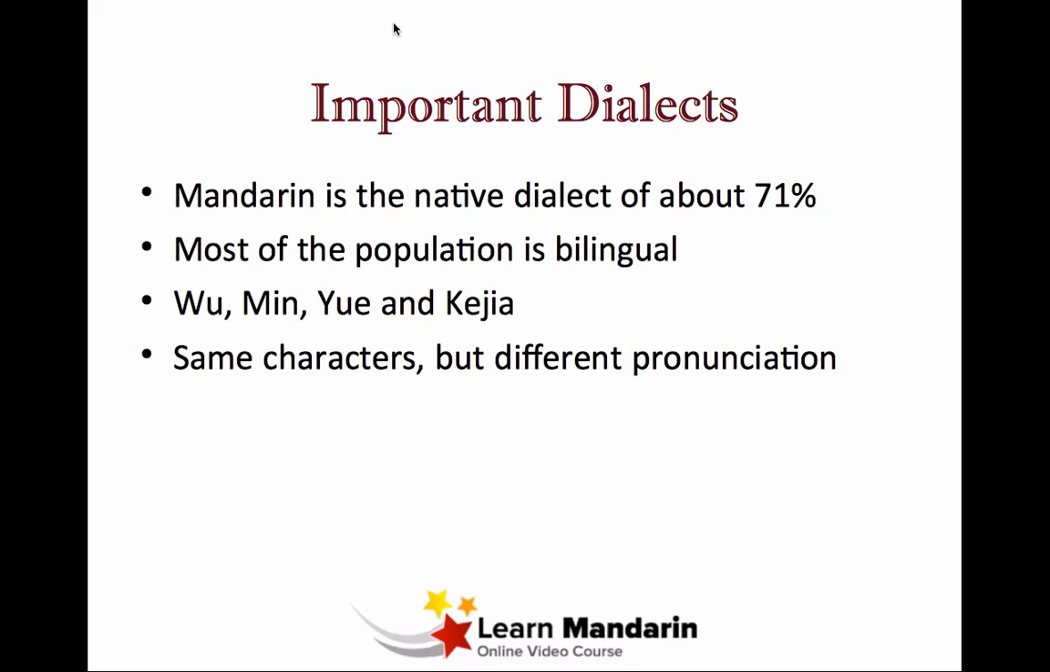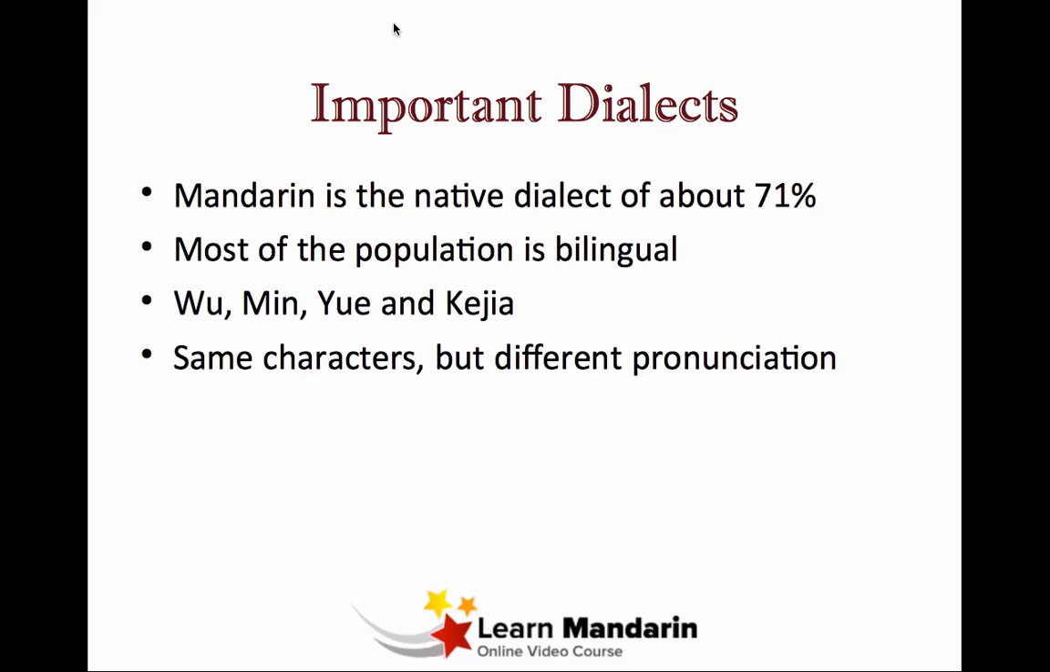Mandarin is the native dialect of 71% of its people, and it's also spoken by educated speakers of other dialects. In Shanghai, for example, people speak the local language Shanghainese, but since schools are taught in Chinese, most of the population is bilingual, speaking both their local dialect